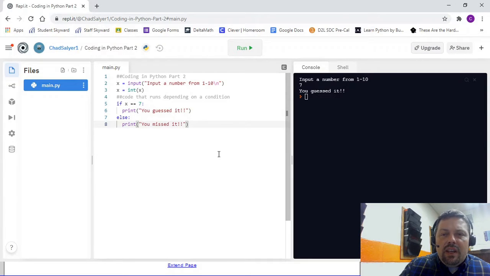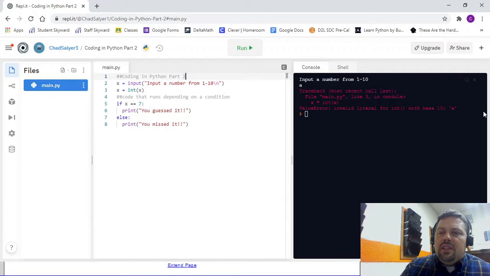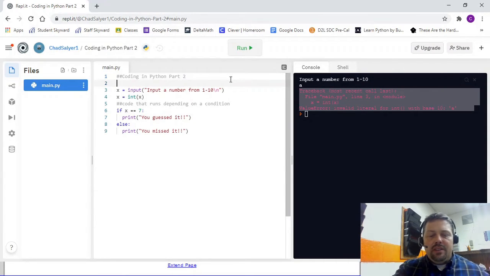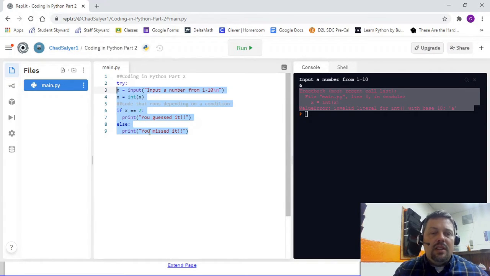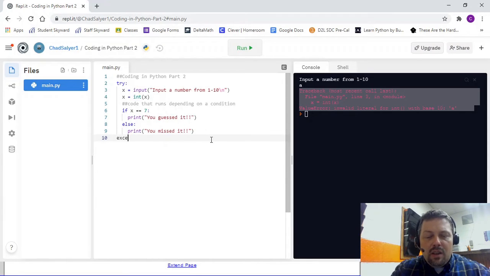Let's talk about try and except. So if I do this and I hit A, do you see I get an error? Because you cannot turn A into an integer. So instead of this default error, we can do what's called a try and except. So the way that works is you type try before the code that potentially will throw an error, and we want to tab this over, so that's control and closed bracket. So we're going to try this, and if we get an error in there, except it's going to print